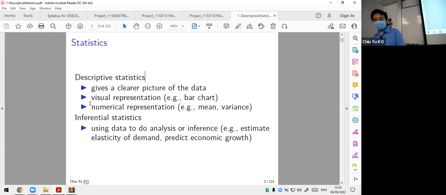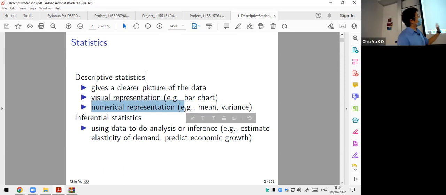And what we focus on is numerical representation. Then we'll cover mean, variance, all those kinds of stuff. Although we focus on numerical, because we're a B school, the visual part is very important. Although I don't talk about those, it doesn't mean they're not important. Use it wisely. How to use tables and diagrams is very important to convey your message. We're not covering it, not because it's not important. It's just that you have to know it and do it in your project.